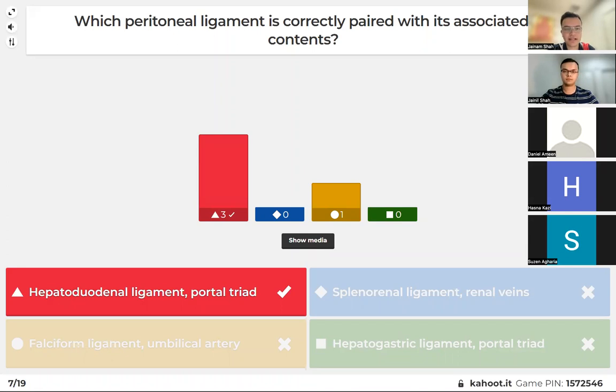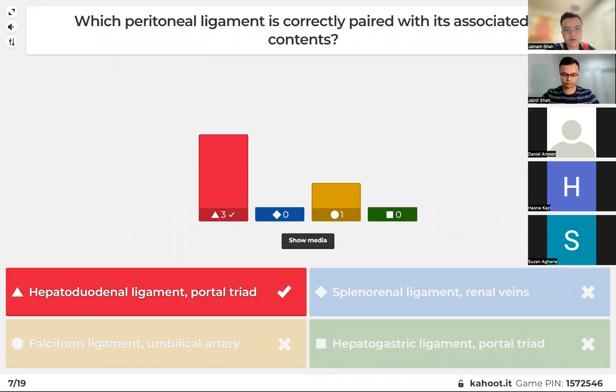So yep, in this case, the answer is red, probably the most important ligament to know. If you don't know any other ones, the hepatoduodenal ligament, which is the free edge of the lesser omentum, is the one that contains the portal triad. Okay, super important. So remember what the portal triad is, and we need to identify that. For example, if we want to cut some of the structures in the portal triad, which is more surgically relevant,